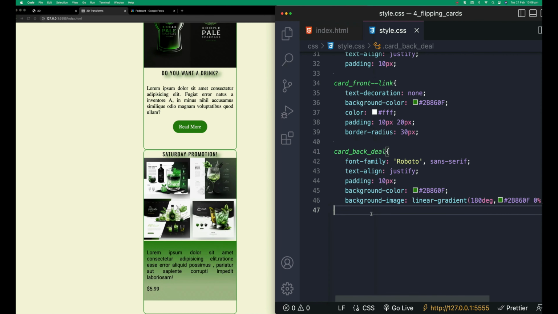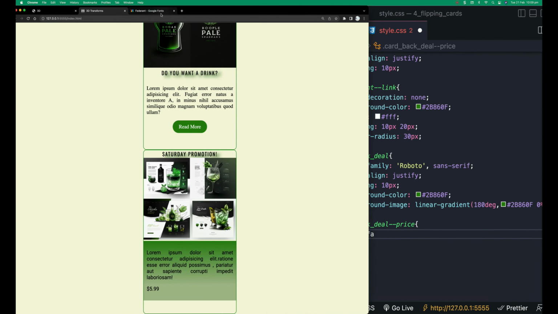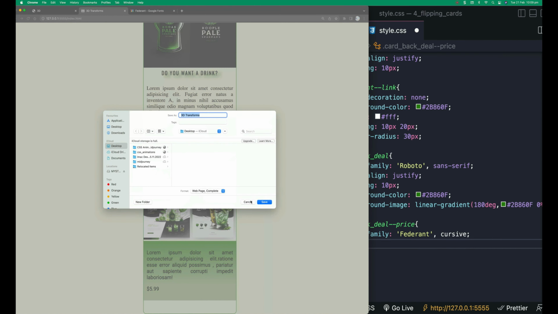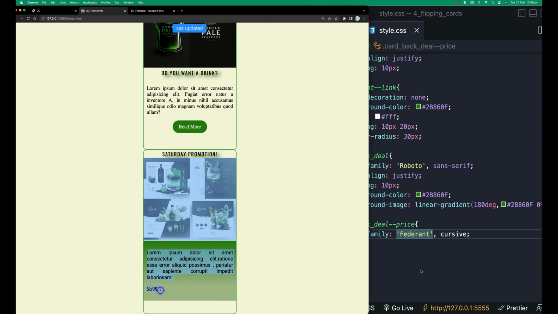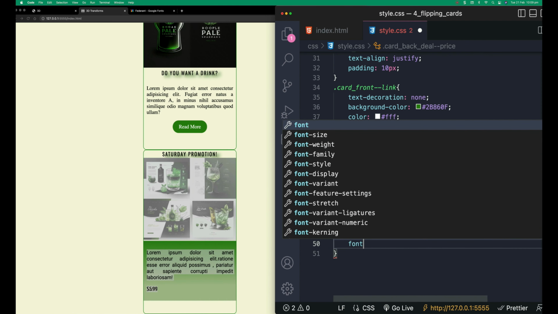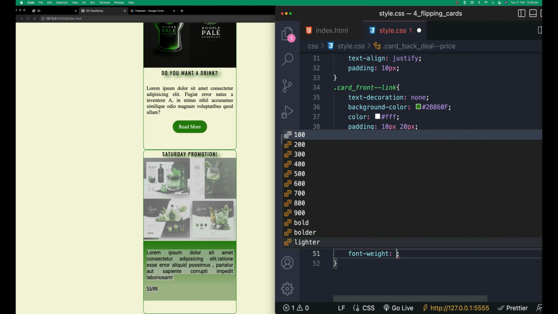Now, what else do we need? Well, we can deal with the price now. So I'm just going to copy this one and dash price. And here I'm going to use the font that I mentioned, font family, but actually I'll copy it, Featherant, so I don't mispronounce it. Good. Let's go back here, save it. Here it is. The font is different. Now, I want to increase the font size because it's too small. Let's say 30 pixels, and let's say font weight bold,